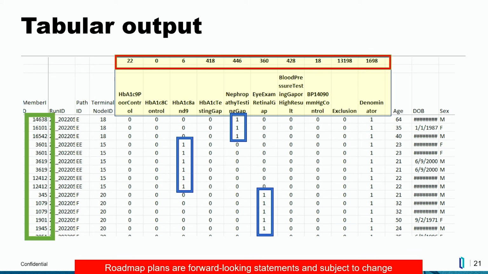And then off to the right, there are additional columns that are not shown that are used for dimensional analysis. So for example, you could add in zip codes, or you could put in provider names, or you could put in insurance type or insurance product. So anything that you might want to use to slice and dice the data can be added into the output table, and that will produce the model with which members correspond with which columns of information. If we go to the next slide,